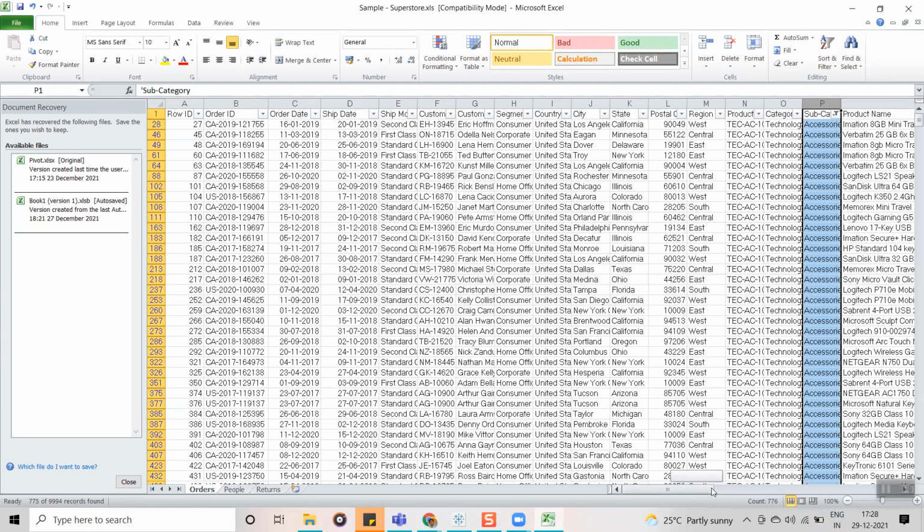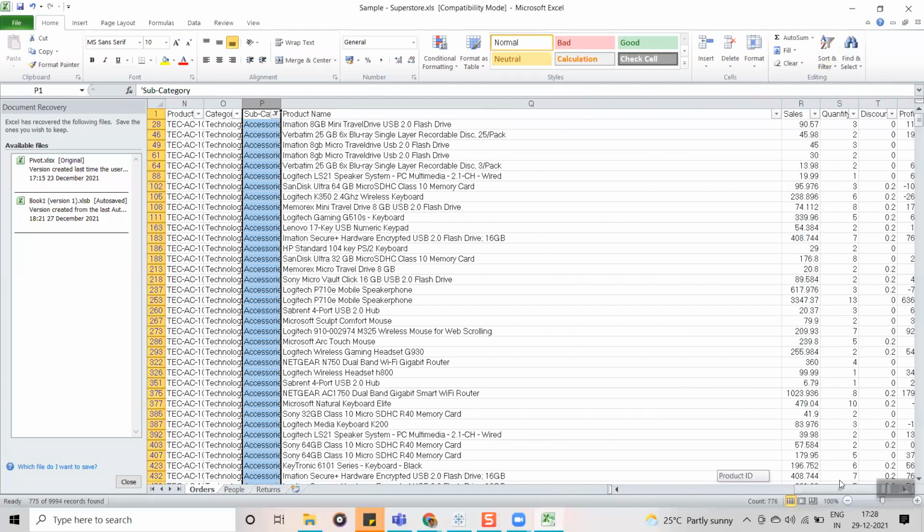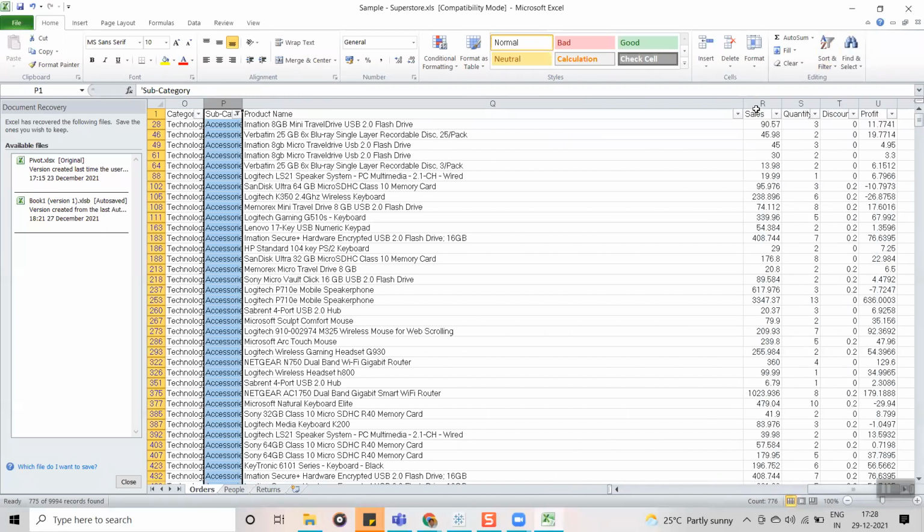It means the data here, we are using the sales. Now you can see this sales amount we are aggregating at the subcategory level. That's why we are saying the data is at a higher level, the granularity is at a higher level.